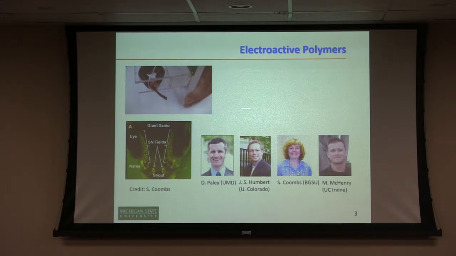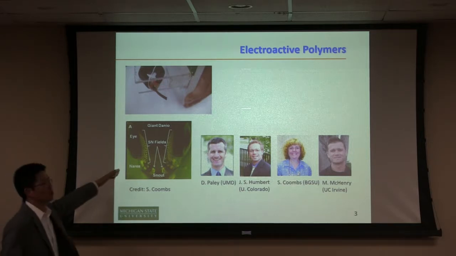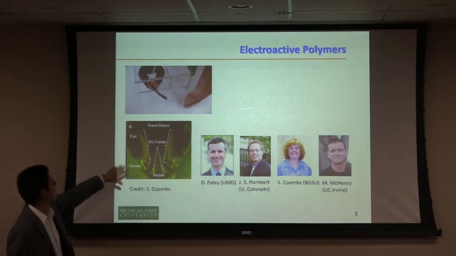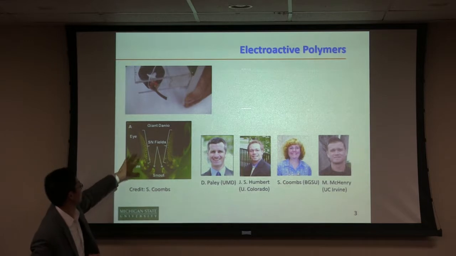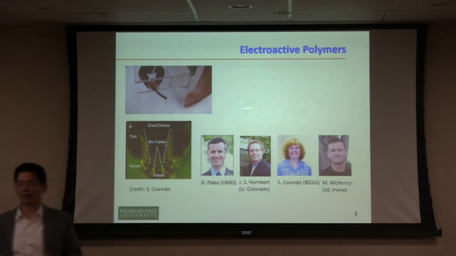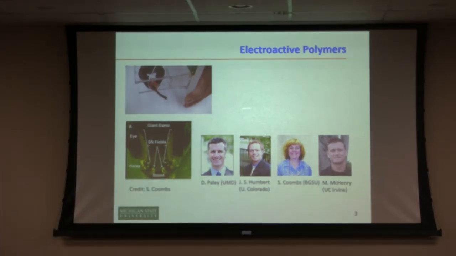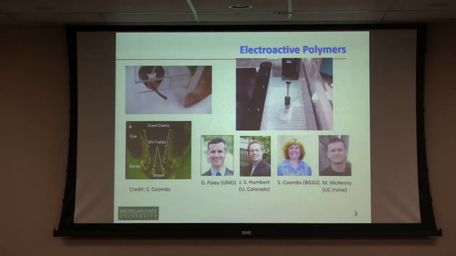In this particular project, we're using these materials as sensors for underwater robots, mimicking the so-called lateral line of fish. These are arrays. You're looking at a giant danio fish, the front image here. All these highlighted dots are so-called neuromasts of the lateral line, for sensing flow. We have created, and I'm glad Frank is here, I think he was involved in some of these experiments,